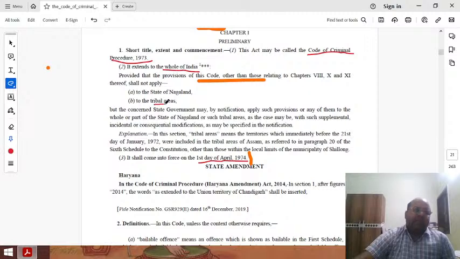Now it has extended to the whole of India except the state of Nagaland and the tribal areas. Now, for the purposes of this Code of Criminal Procedure, what are tribal areas? This has been explained by the